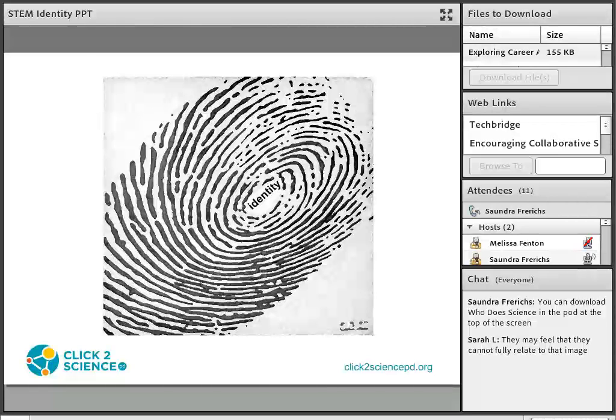In the web links pod, there are links to 2 after-school programs that focus on developing STEM identity and the impact they've had with youth. And both of them have done some good research on the work they're doing, and share that on their websites at Project Exploration and Tech Bridge Girls. Both good sites to look at, especially if you're interested in this idea of developing identity.